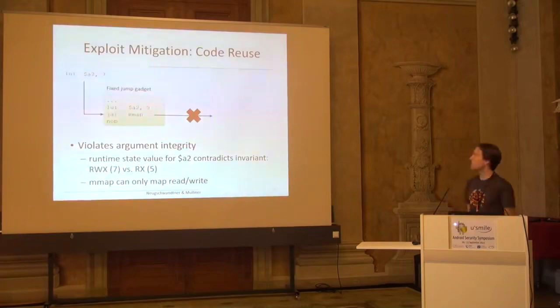Here's a similar case actually with mmap. That happens quite often. In this case, mmap is originally being called with an argument to make the mapped memory region just read and executable, which is the value 5. And again, if an attacker would modify this to load 7, which would correspond to read-write-executable rights, into the argument register and try to overwrite this, we would again see that we got an argument mismatch here.